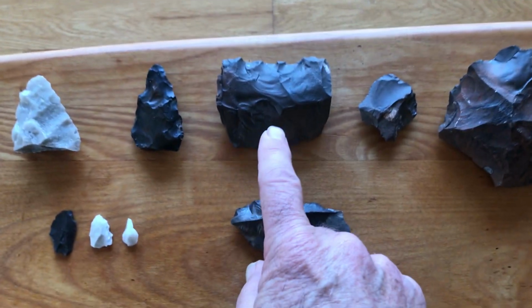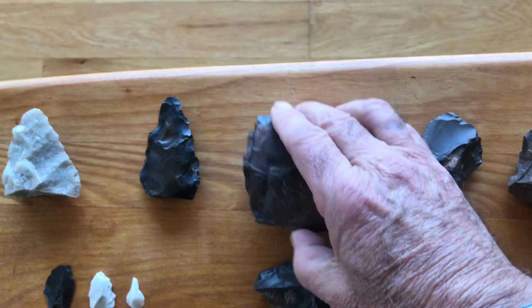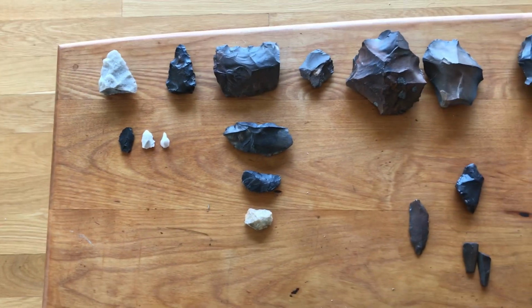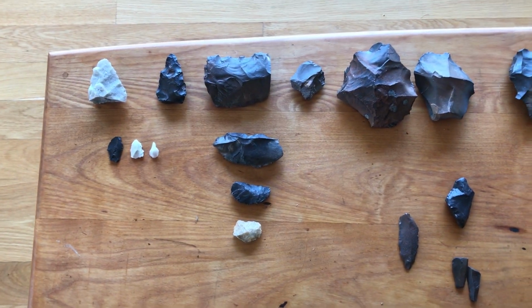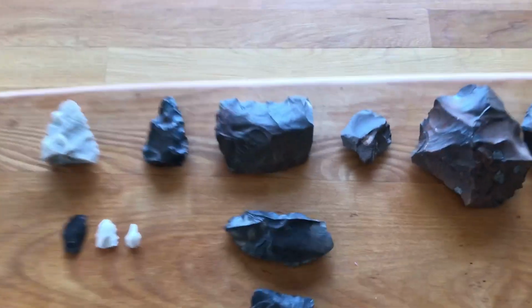I regard this as having the same kind of flake proportions, except for the convenient bits of cortex on there. It's pretty much the same as that. And so you have a spectrum of these things. Before I go away from the specifics, let me just comment that